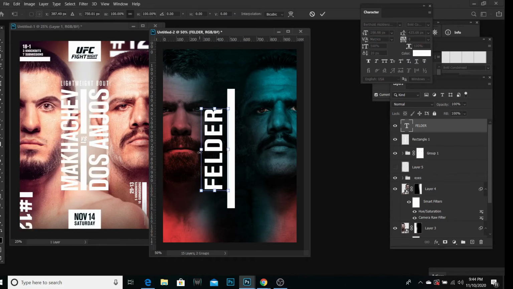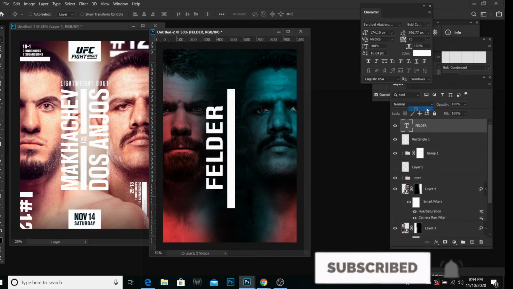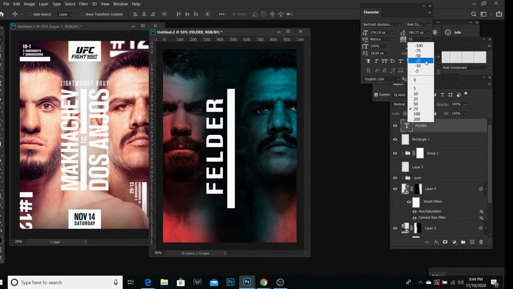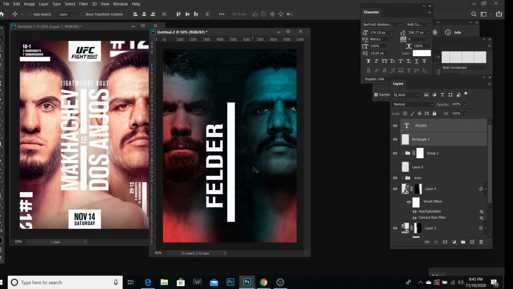Let's adjust our kerning to like 50%. It looks like they don't have any kerning added to theirs. So I guess we don't need any of that. And I'm gonna actually pull this whole thing down. I'm not gonna bite theirs completely, like I said. So I'll pull Felder up here,